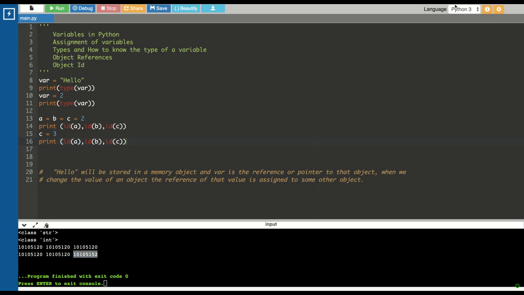Okay, guys. Now let me tell you one more fundamental concept about the variable naming convention. How you can name a variable. As far as Python is concerned, it accepts any variable name without special characters. You can include an underscore.